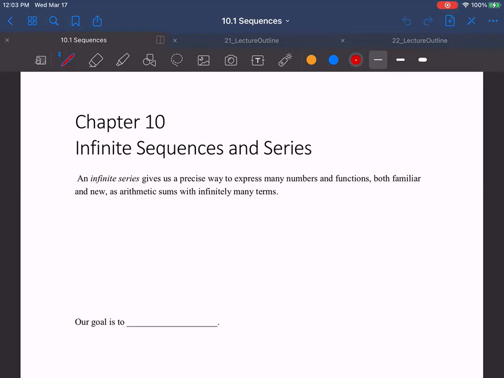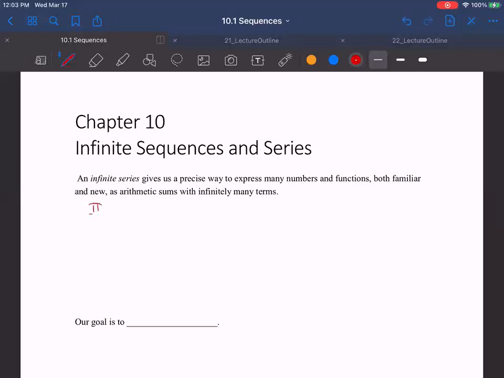So we're going to start on infinite sequences and series. An infinite series gives us a precise way to express many numbers and functions, both familiar and new, as arithmetic sums with infinitely many terms. So for example,